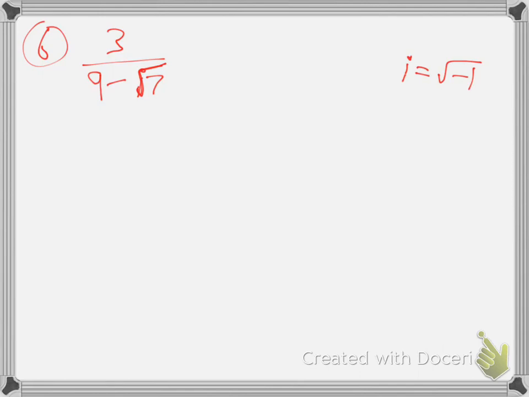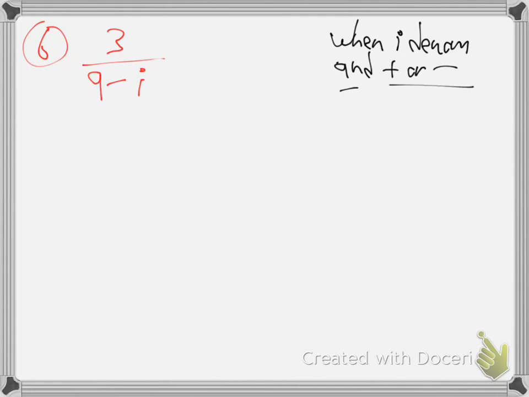Anybody remember from algebra what you do with that? It's called the conjugate. It's a special deal. So maybe I'm not being very helpful. If you don't remember from algebra, that's no help at all. So what you do is you use the opposite sign in the middle. Let me just write it out. So when there's i in the denominator and a plus or minus sign,